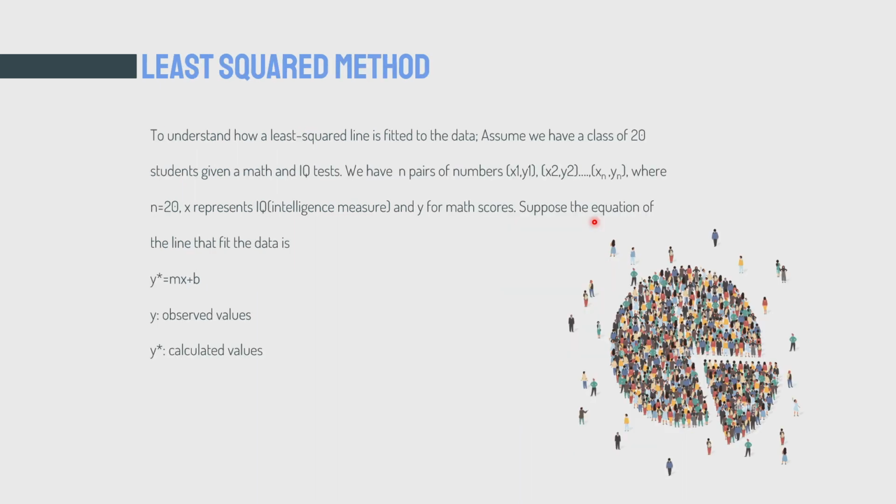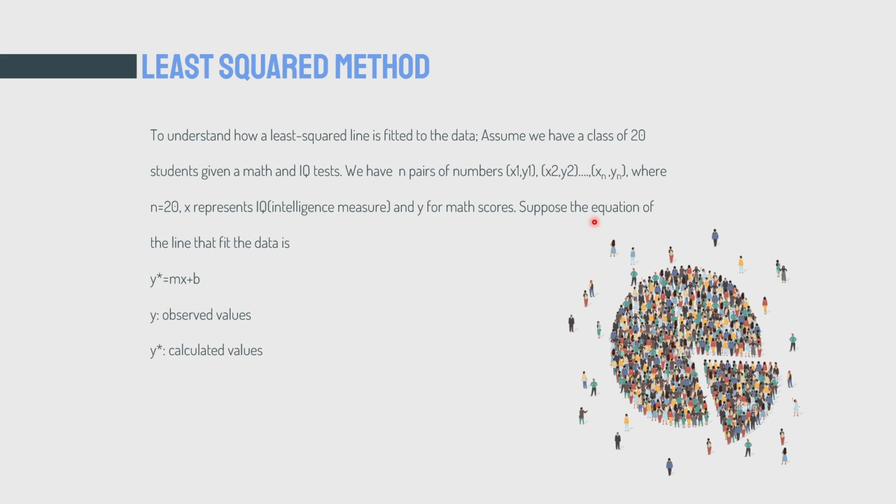Now, to understand how the least squares line is fitted to the data, we need to assume that we have a class of 20 students. We gave these 20 students a math exam and an IQ test. An IQ test is a test of how intelligent you are. I don't want to argue here how efficient that is, but it is a test available today. Now, we have n pairs of numbers: points x1, y1, x2, y2, all the way to xn, yn, and n in this case is 20, the number of samples. We have 20 students. Now, x will represent the IQ or intelligence measure, and y would represent the